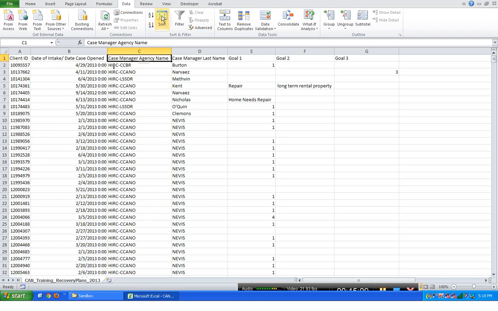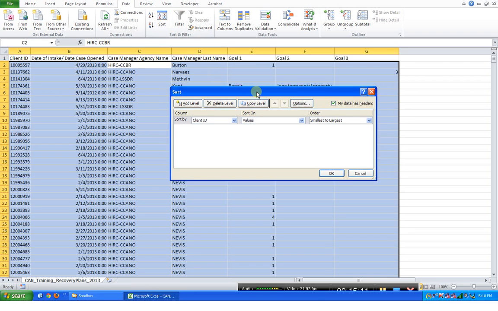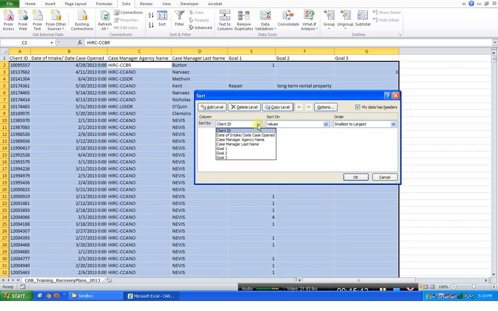But our problem was we wanted to sort by agency name and then by client ID. So let's open up the multi-sort dialog again and change this column from client ID to case manager agency name. So we want to sort first by case manager agency name so that all of those things will cluster, and in this case we'll just leave it A to Z. We could go Z to A. Let's go Z to A just to make it interesting. Now, how are we going to sort by client ID? Well,